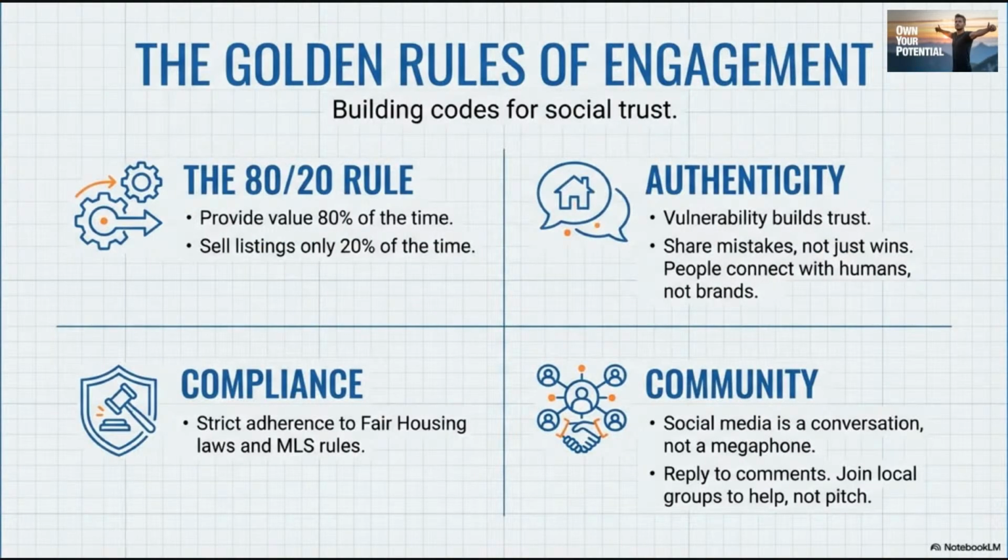Here we go. Golden rules, guys. For the engagement side, 80-20 rule. 80-20 always takes place, the Pareto rule. Provide 80% value at a time. Sell your listings only 20% of the time. Please do not